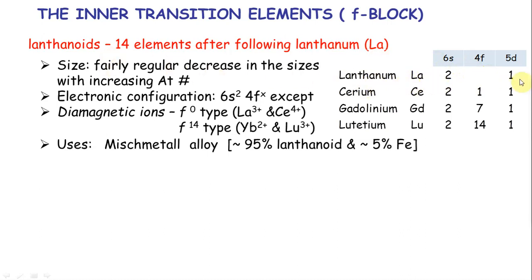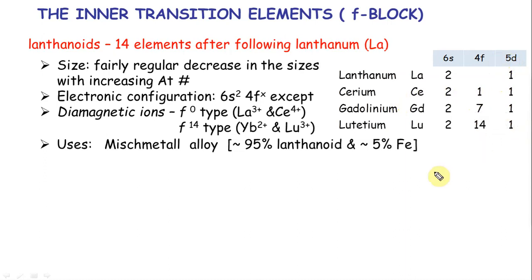Okay. Now you don't need to know all the electronic configurations. Electronic configurations are pretty straightforward. They will have the same 6s2, 4f 1, 2, 3, 4, 5, 6, you keep filling. The only exceptions are right here. And this will be self-explanatory. Okay. So lanthanum doesn't belong here, it's a D block, so it's straightforward. When it comes to cerium, okay, if you see all of them are 5d1, that makes sense.